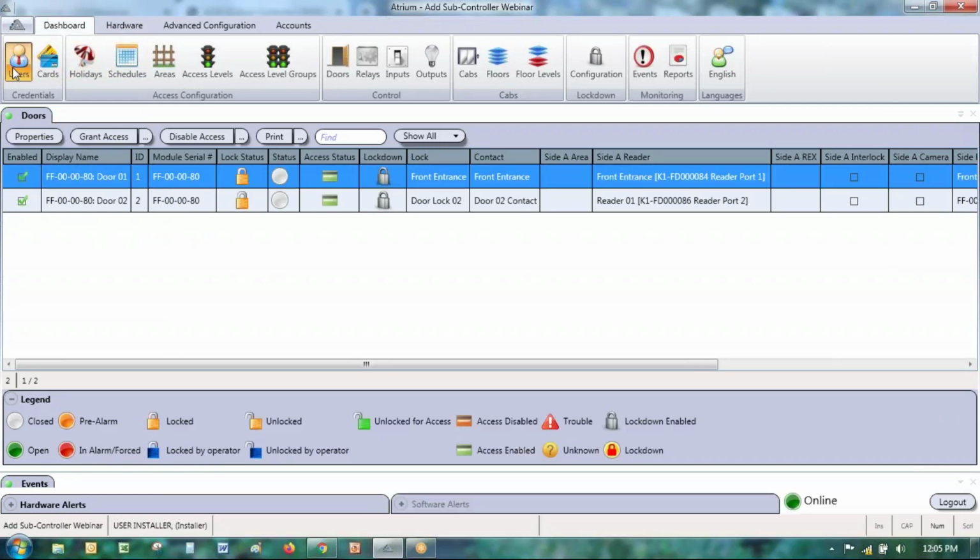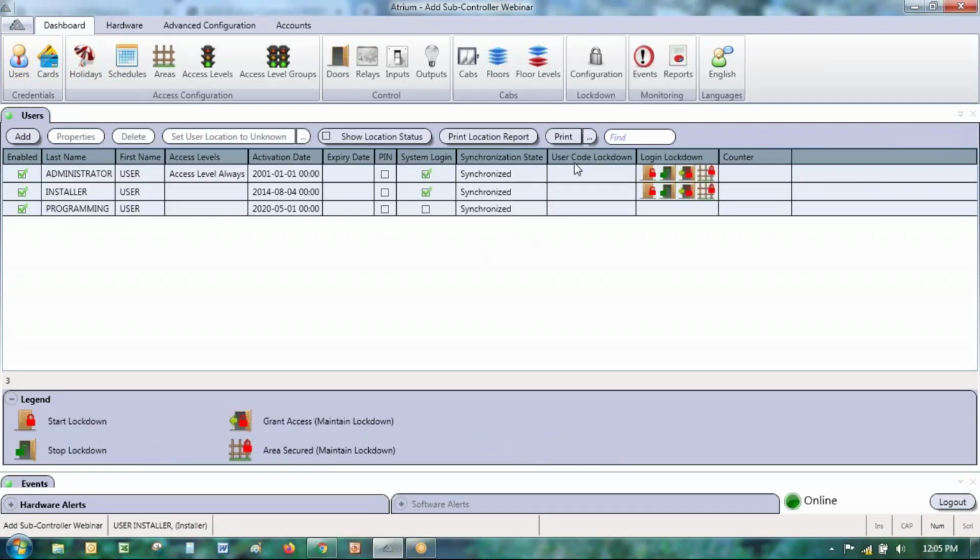When I go to the users menu, the location, let me see, synchronize, show location status. Okay, so I'm in my user list here, show location status. And this will show us, here we go, the location and at what time. So when this has been implemented, this is what those two fields in the door menu refer